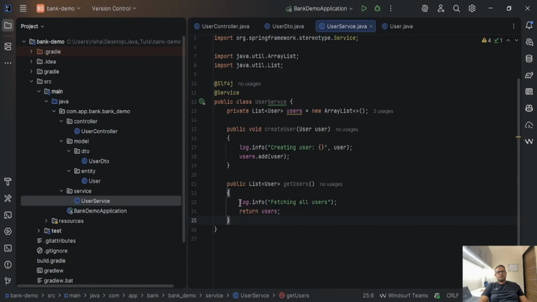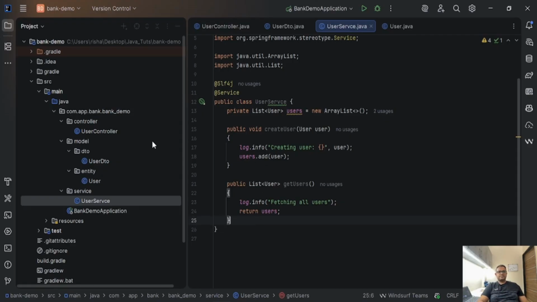Now we are basically returning a list of users. There is no DTO involved in here, because you have the controller layer and the service layer. In between, all the DTOs will work, and from service to your repository, all the entity classes will work. So you need to in between convert the DTOs to your